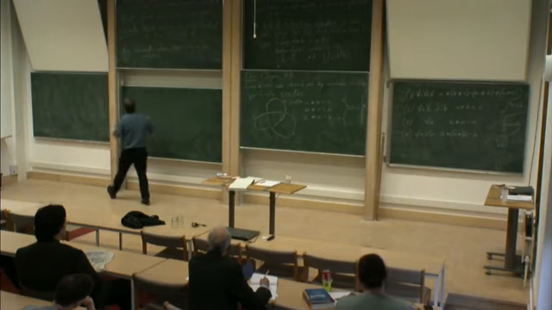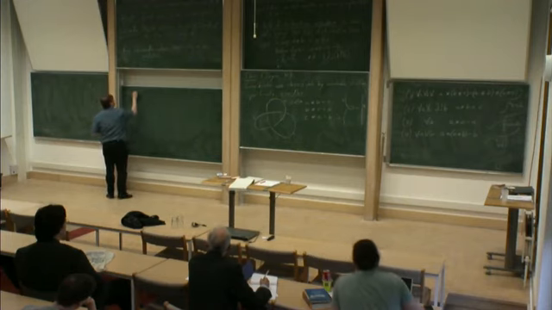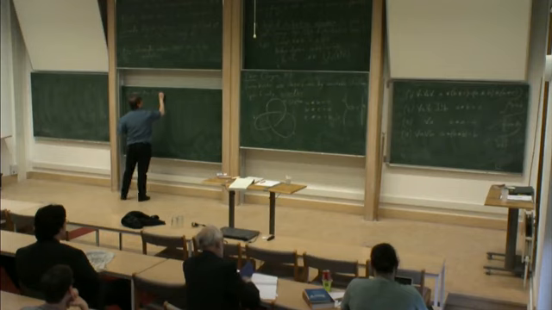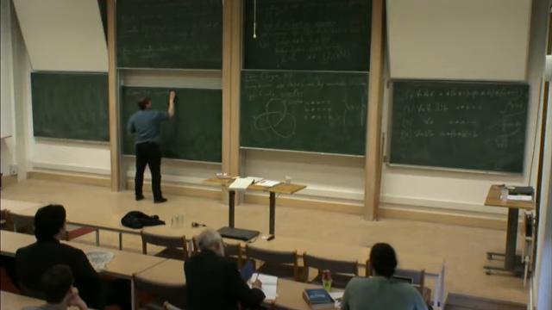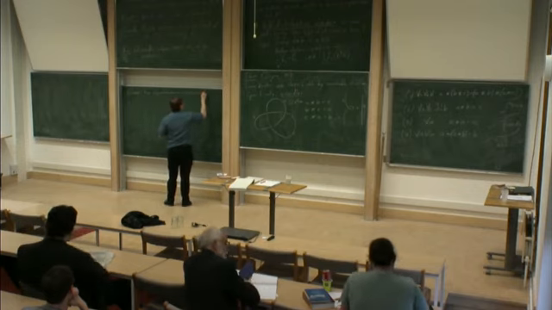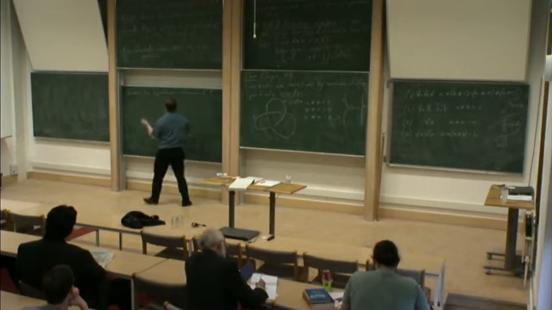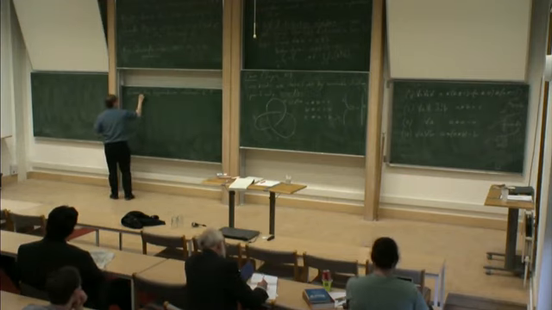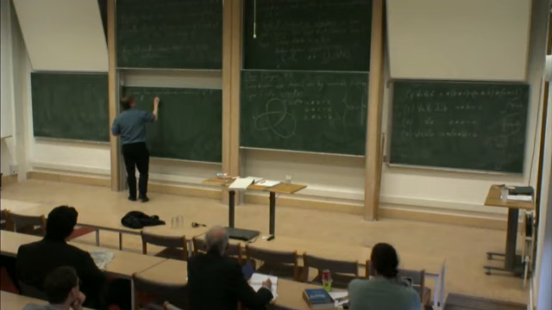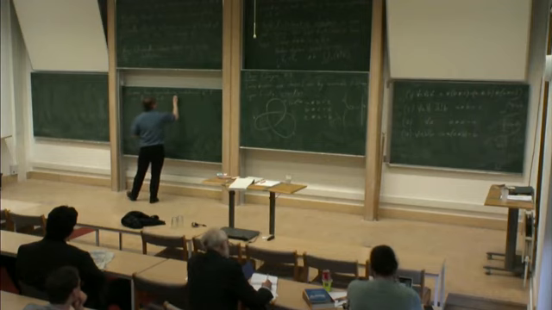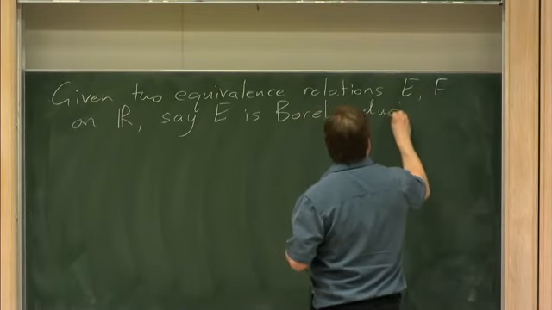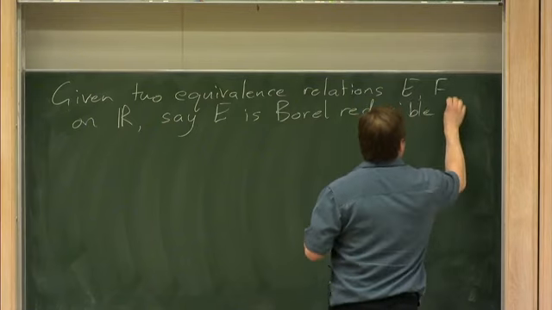Given two equivalence relations E and F on, let's say, the reals, we say E is Borel reducible to F